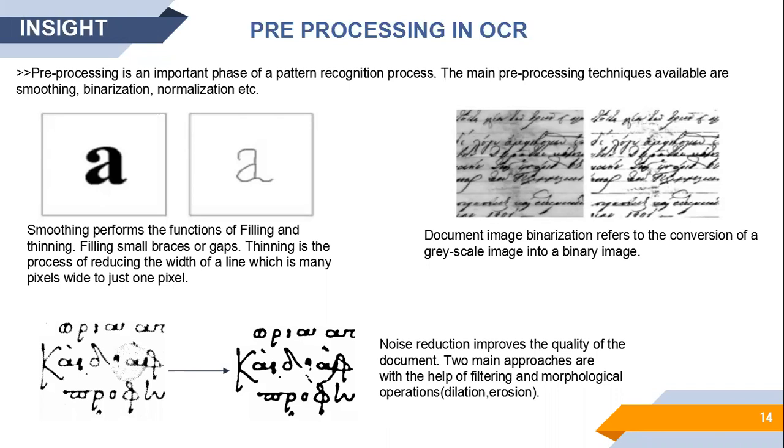There are two main approaches used in this: dilation and erosion. Dilation is nothing but populating the black pixels. By dilating, it becomes more clear. Next one is erosion. The particular noise or errors will be removed in erosion, which means the pixels will be depopulated. For example, if we take a picture in low light, then we perform erosion to improve the clarity. So these are the main pre-processing techniques used in OCR.